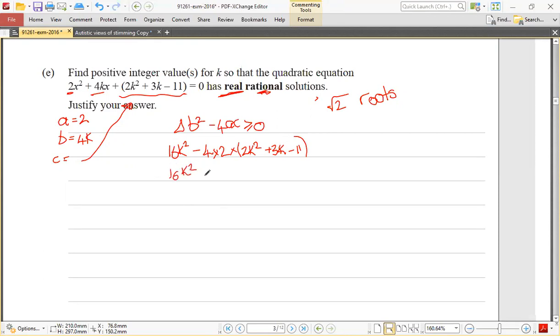16K squared minus, that's going to be 8. 8 times that is 16K squared minus 24K plus 88, because you got a negative and a negative, yeah? And then we go down to minus 24K plus,